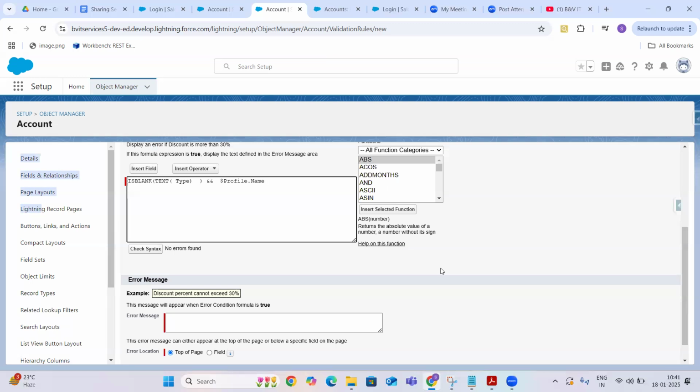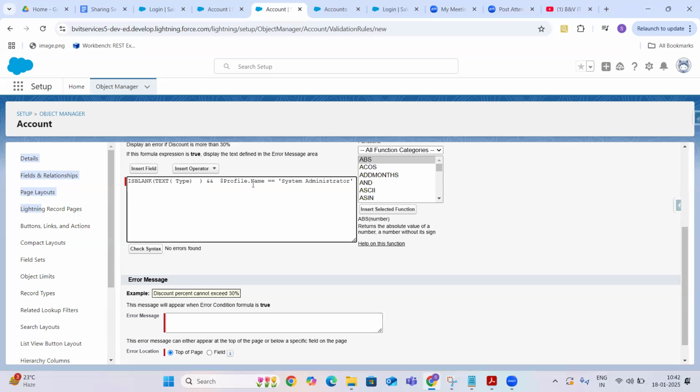Profile dot name not equals to system administrator. Our profile is system administrator, right? So you can simply give equals to system administrator also. So basically it will check whether the profile name is system administrator or the type is blank.